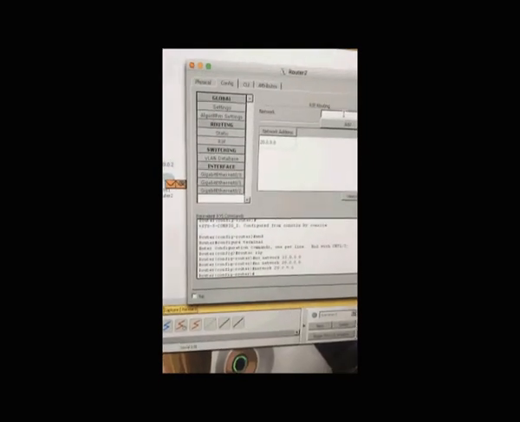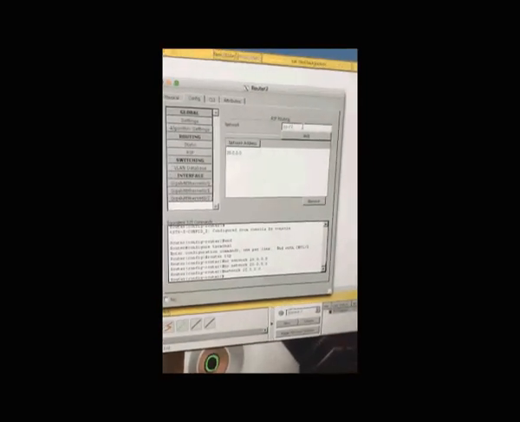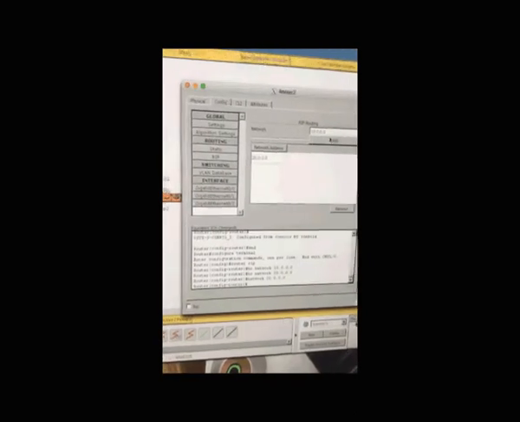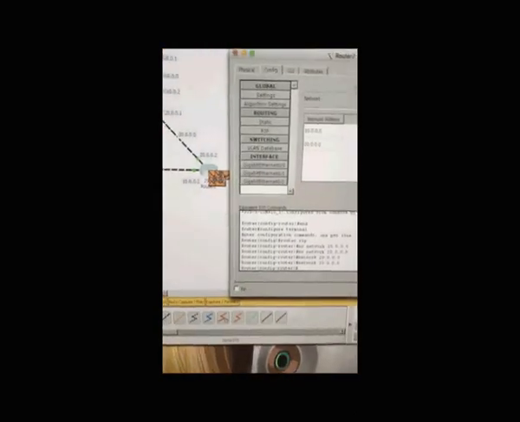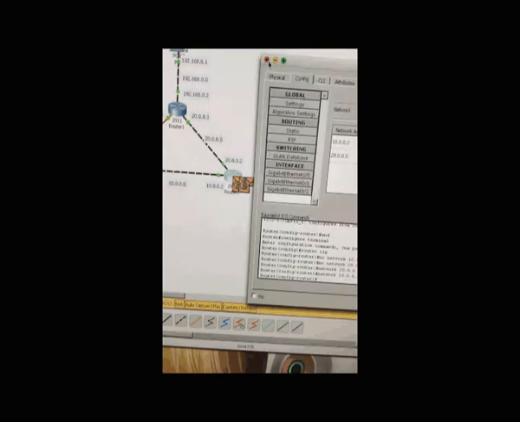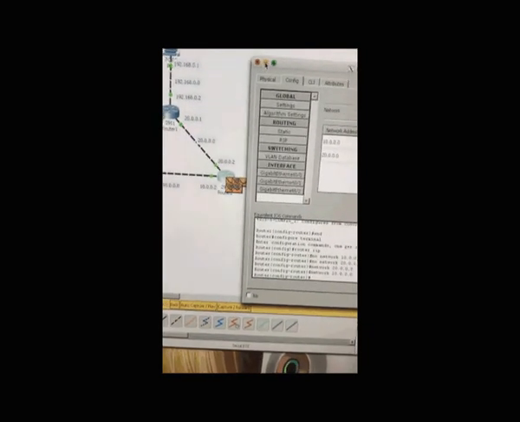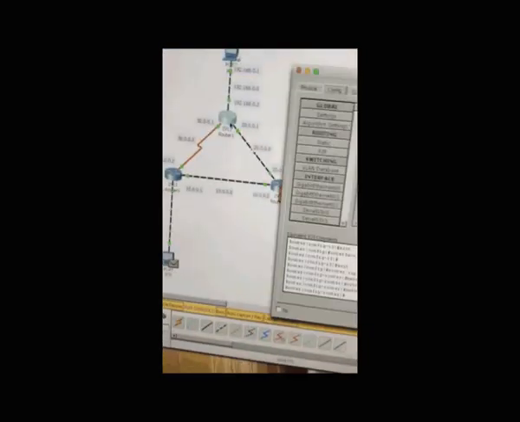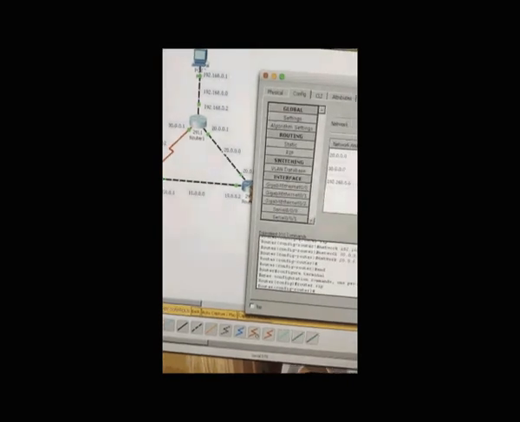And then I will put 10.0.0.1 and put it inside it, and it is this router. This router now has the message, and I will put the same thing on this 3,